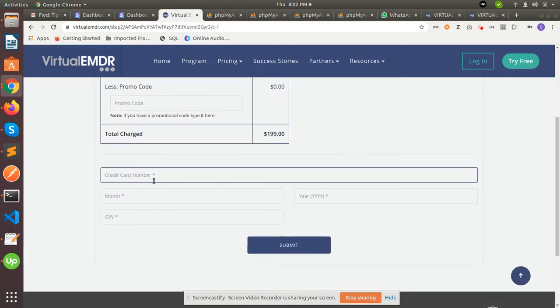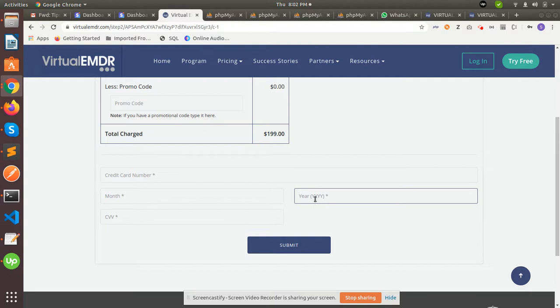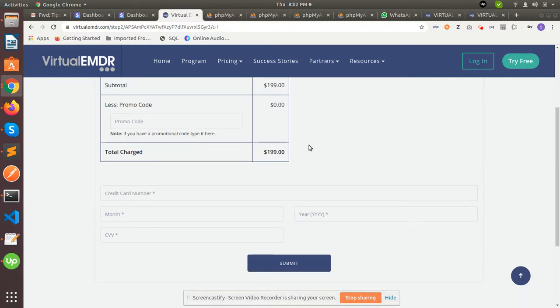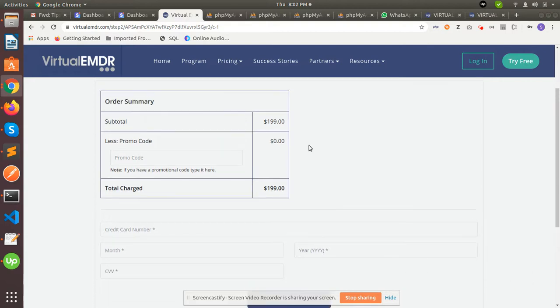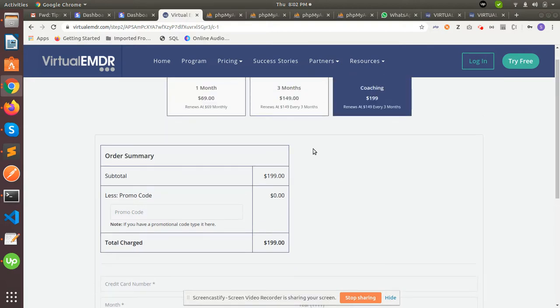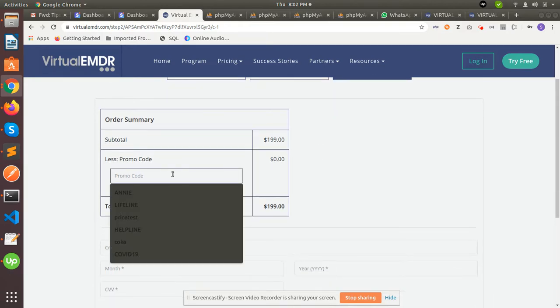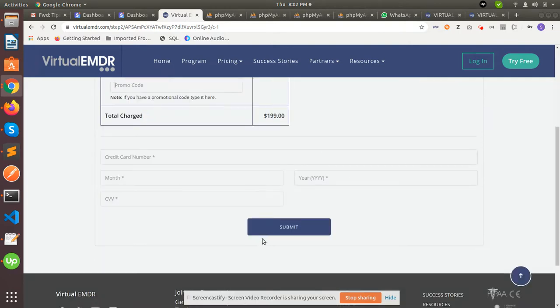If you do not put in the credit card number, month, CVV, year, or any card information, you cannot move to the next page. So now the data is not entered into the database. And secondly, it will only work if you put in the 100% coupon code. Only then can you submit without the credit card, month, year, and CVV information.